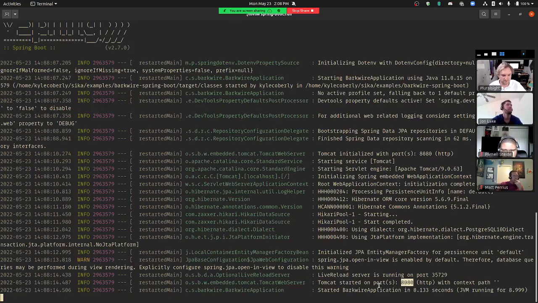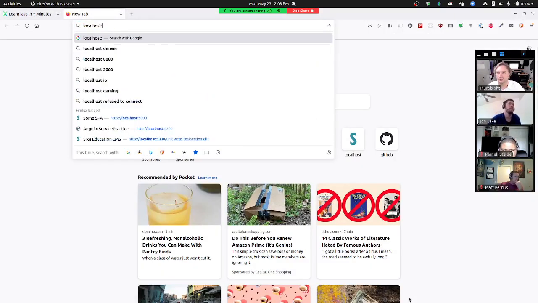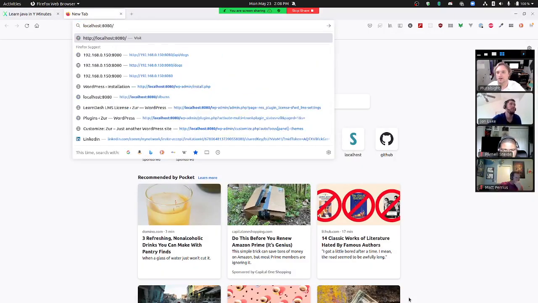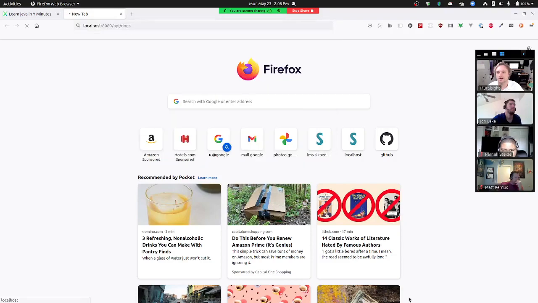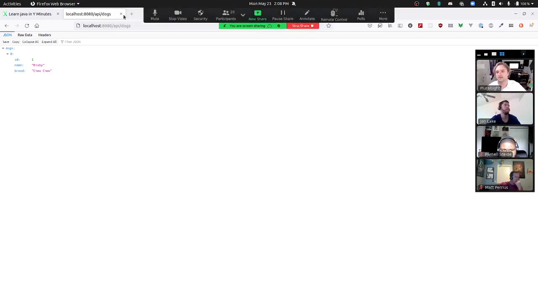And awesome. So that's running on port 8080. And if I head over to localhost 8080 /api/dogs, that's reading out of my database. I could deploy this on the internet. In fact, I think I did.